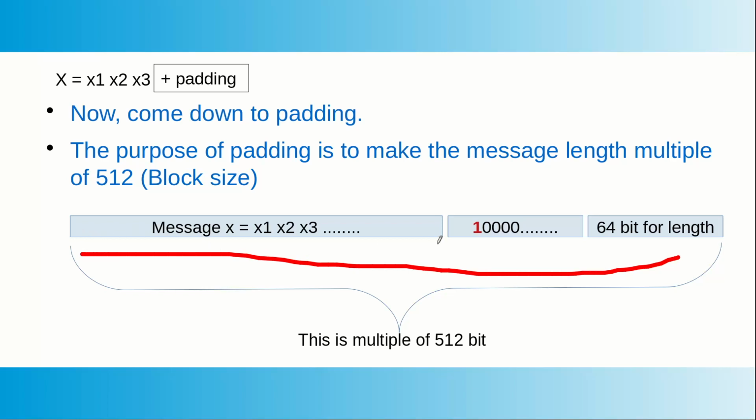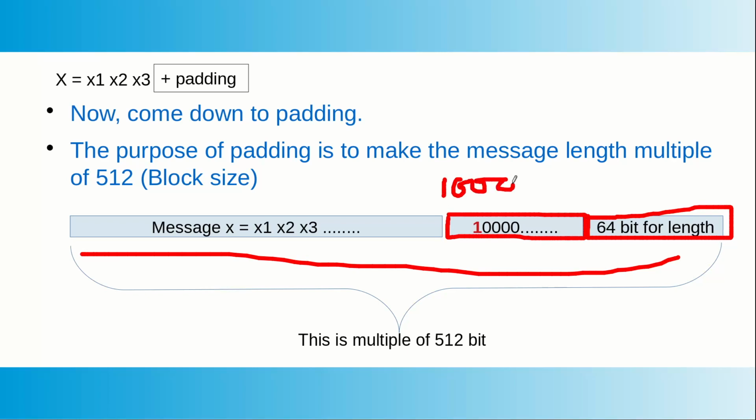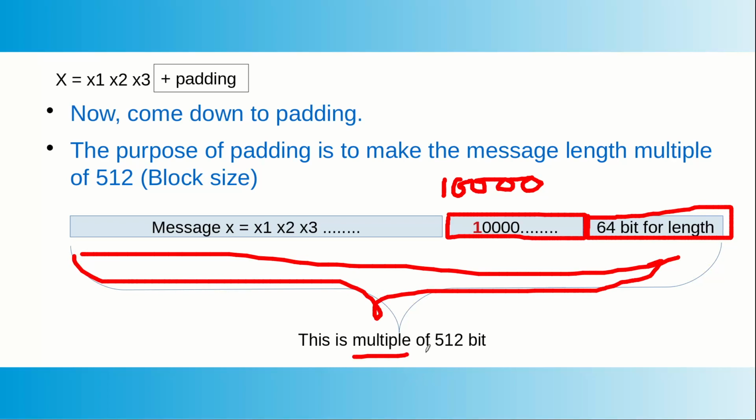We will first take the message, raw message, whatever it is, and the last 64 bits are reserved for representation of the length, because I know I really don't need more than 64 bits, and then in between we add certain bits starting with 1 and all other zeros in such a way that this entire thing will become an integer multiple of 512 bit.